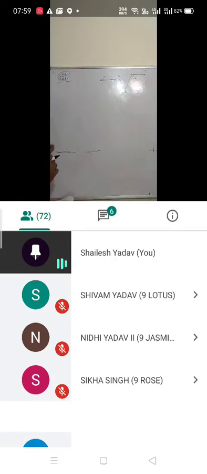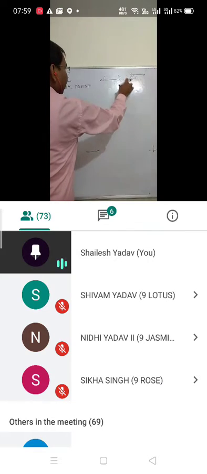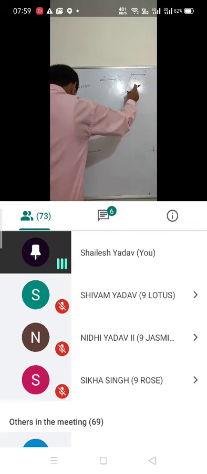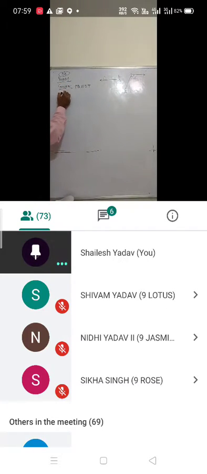Okay, so students, here you are given this diagram and I am going to read the statement of the question. It is given that in the given figure, PQ is parallel to ST. So in the given section, PQ parallel to ST. Whatever the angles are given, angle PQR is 110 degree and angle RST is 130 degree. What you need to find? You need to find the value of angle QRS.